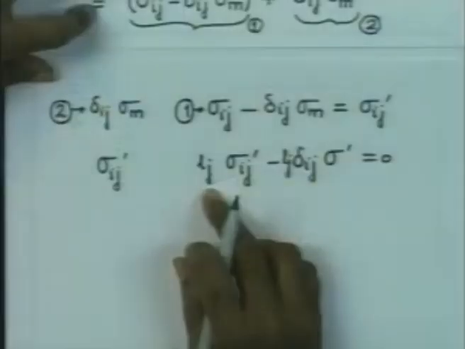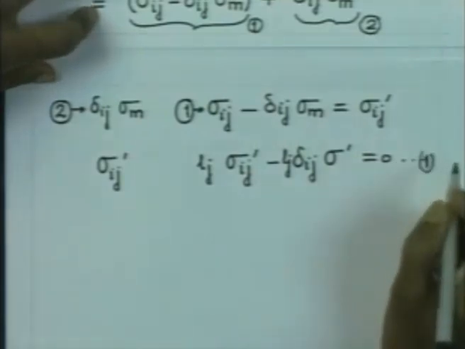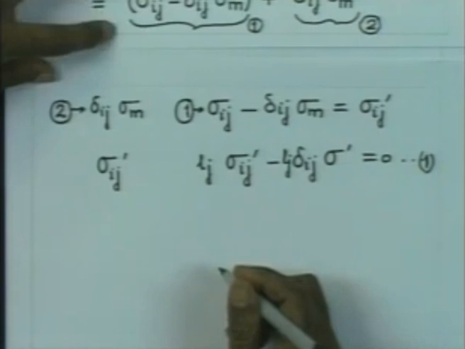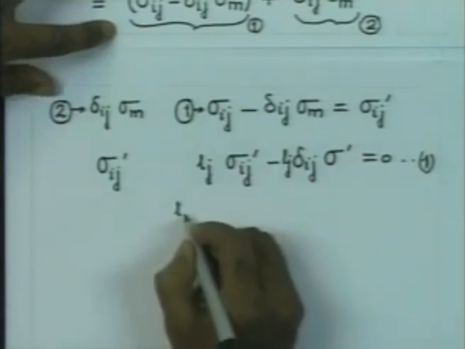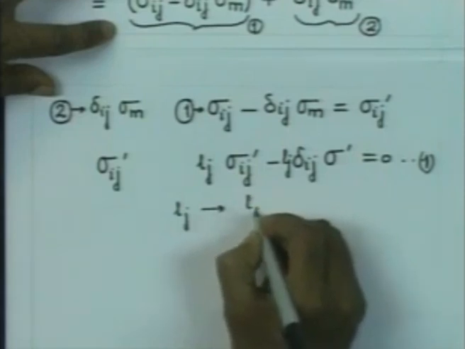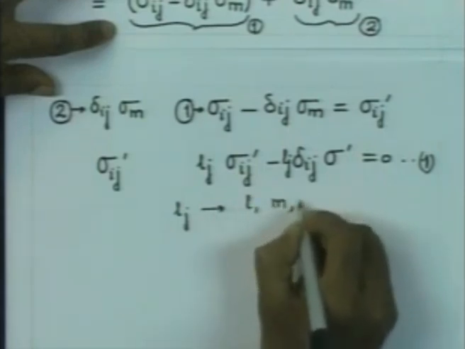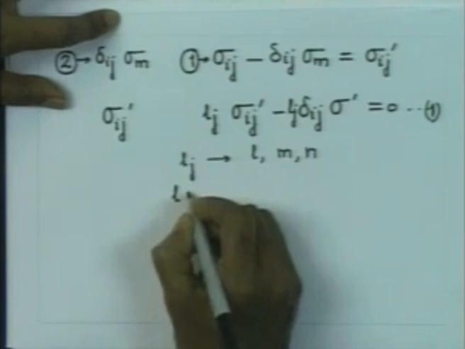We will get the equations involving the direction cosines of the principal directions given by this equation. So, let us say this is equation number 1. To expand this, if I consider that lj has components l, m and n, then we will get the equations like this: